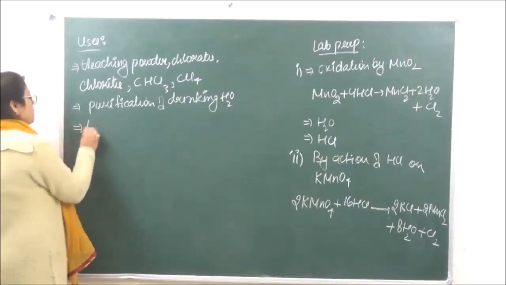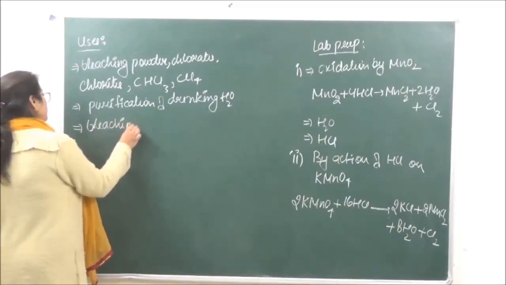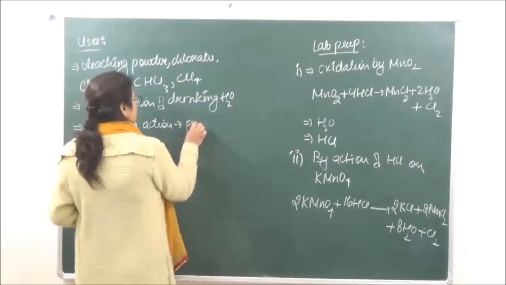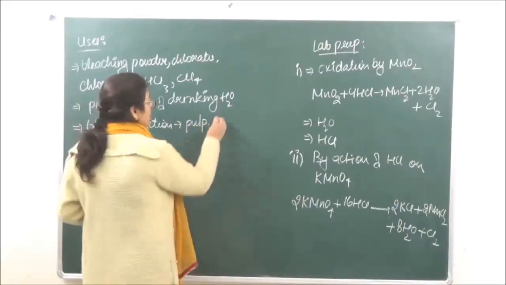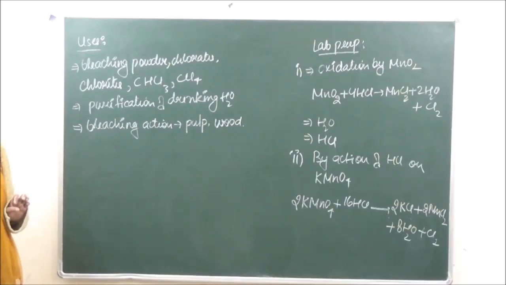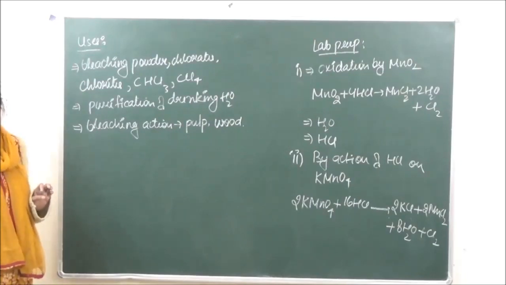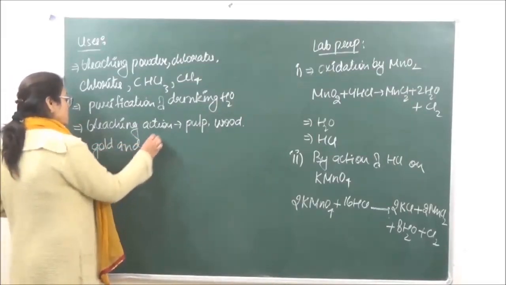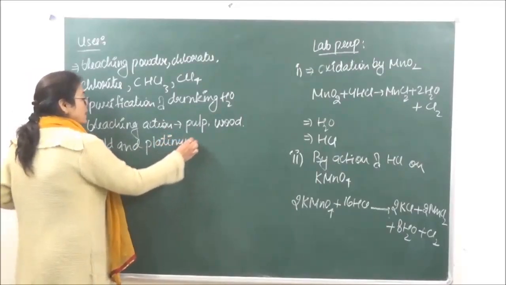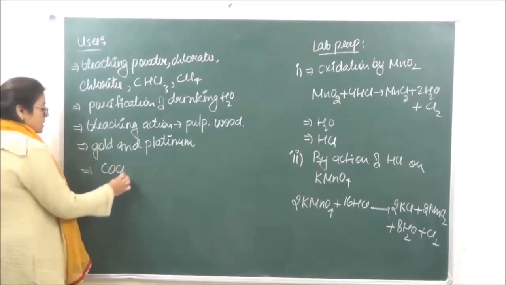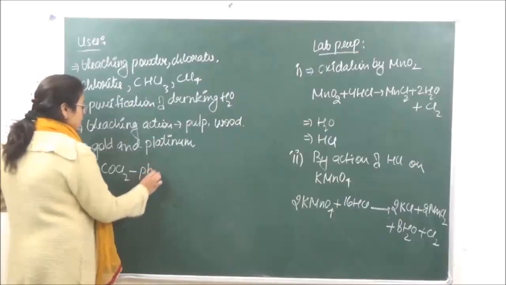Then it is used in bleaching action, in which we generally bleach pulp of paper and wood. Then it is used in the extraction of gold and platinum, and in the manufacture of various poisonous gases, for example COCl2, which is known as phosgene,